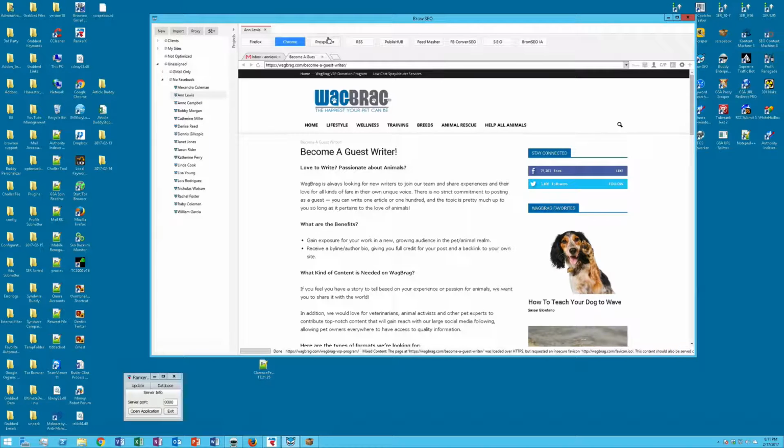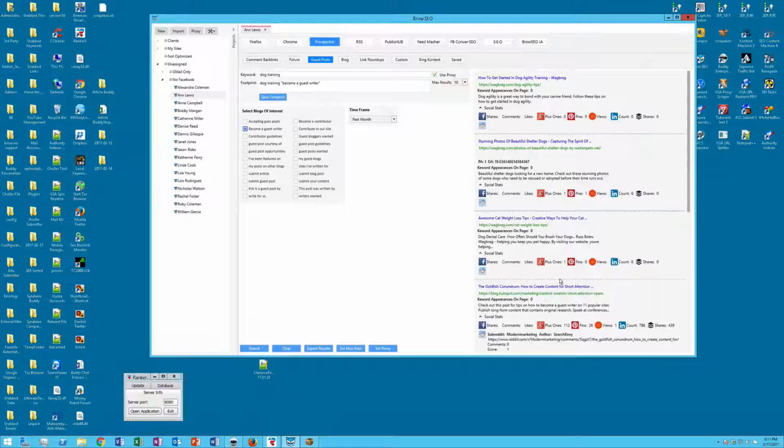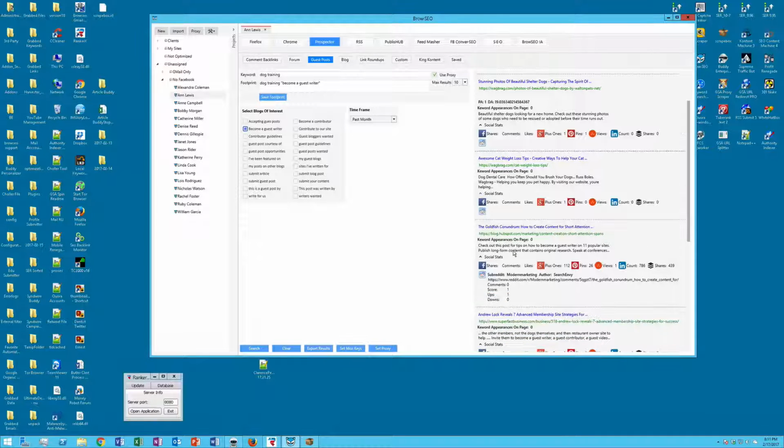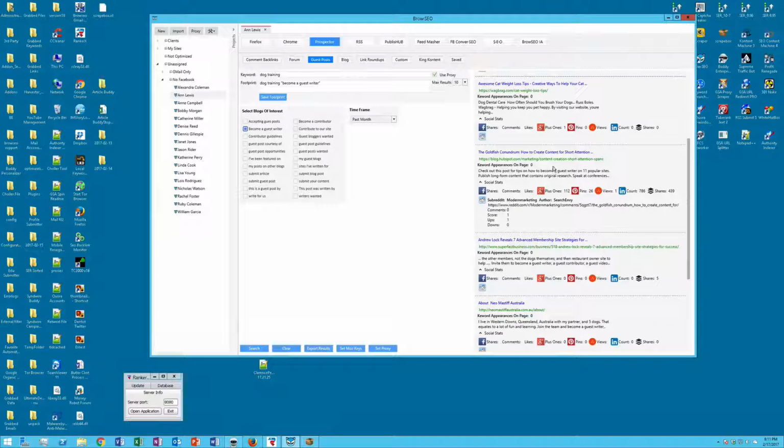So there's one out of the few searches that we did already. And then you can kind of go through here and do some more. Again, click clear, and then you can also research, right click and do the Moz check, see if it's a good site. It's a DA19. It's actually pretty newish. Let's see, content, short suspension spans, become a guest writer. Let's see if we can write on